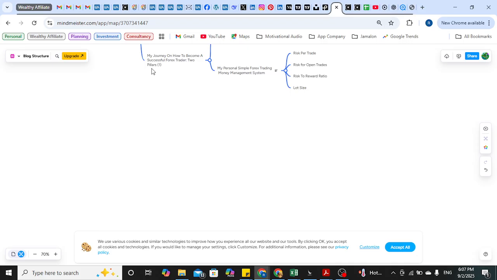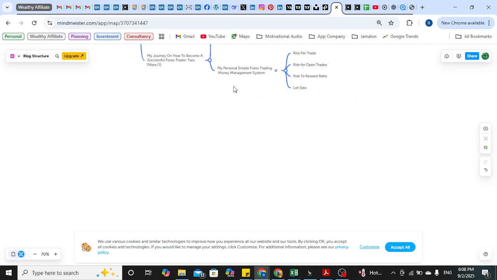Last time we discussed my journey on how to become a successful trader, where we discussed two pillars. One of them is risk management, and the other one is a trading plan, having a trading plan that is solid and yours. Today we are going to concentrate on the first pillar, or part of the first pillar, which is